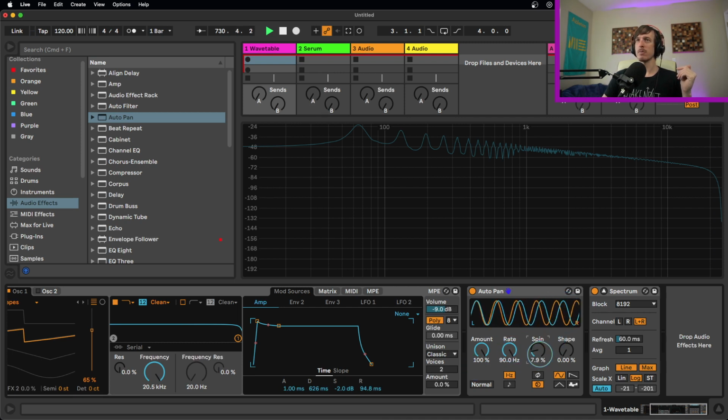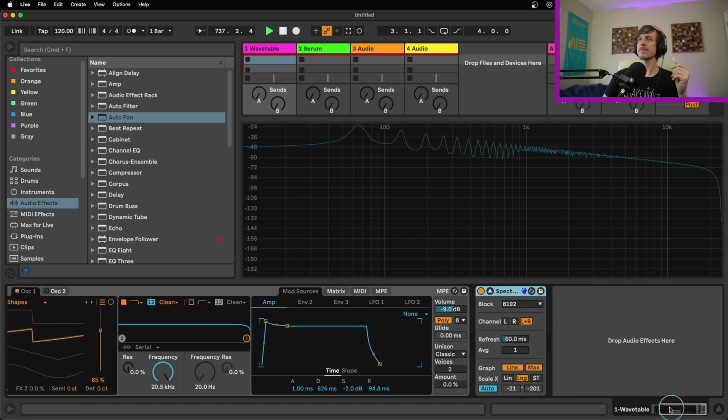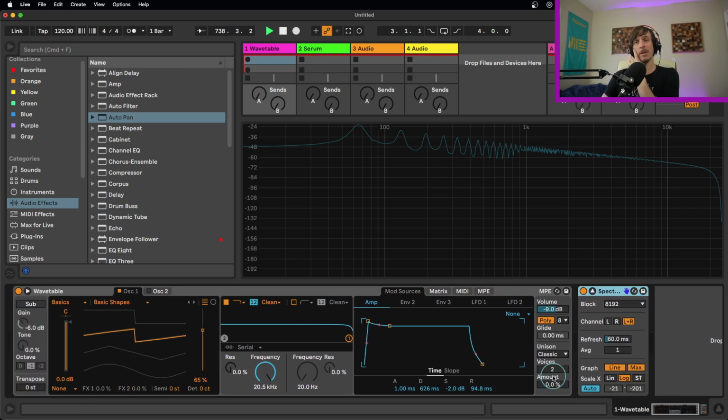And if I were to turn this up even more, this is kind of what's happening, but it's happening many, many times per second. It's cycling, it's going out of phase, and then going back in phase, and then back out of phase. So that's what we're hearing when we're turning up our unison. So now that we know the basics of this,